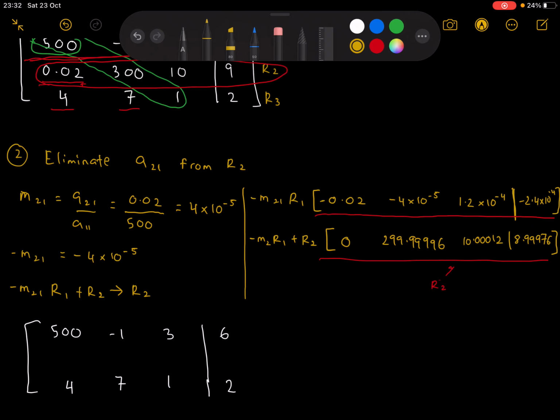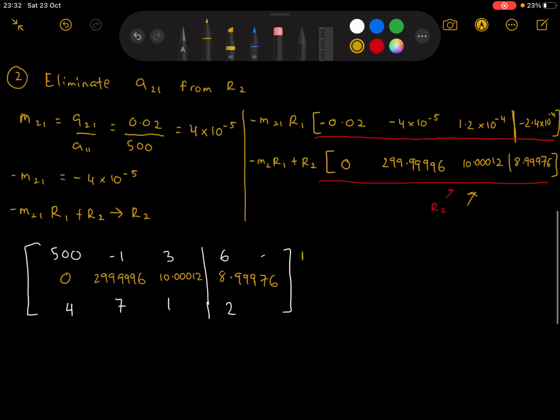So the values of row number 2 we'll get from here: 0, 299.99996, this one is 10.00012, and the value here has transformed to 8.99976. So now this is our R1, R2, and row number 3. So if I draw the diagonal line again,